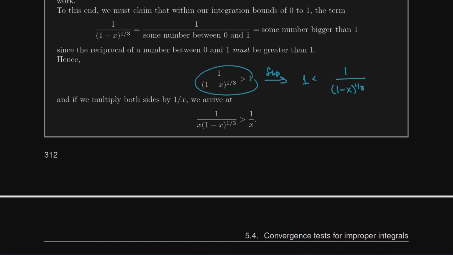That's not exactly my original integral, right? My original integral had an extra term in the denominator. It had an x in the denominator there. How could I put an x in the denominator? Well, I could just go ahead and include an x in the denominator on the left-hand side.